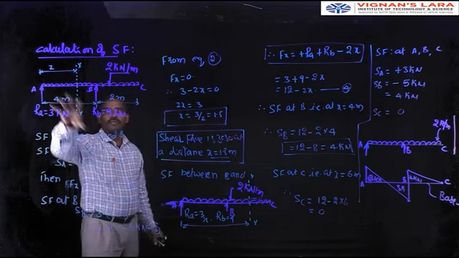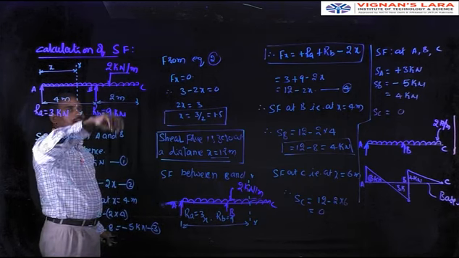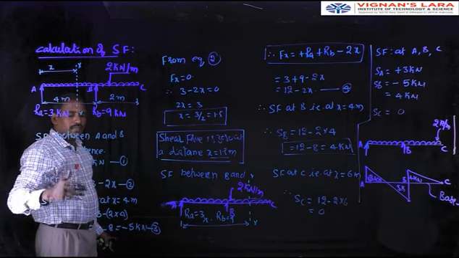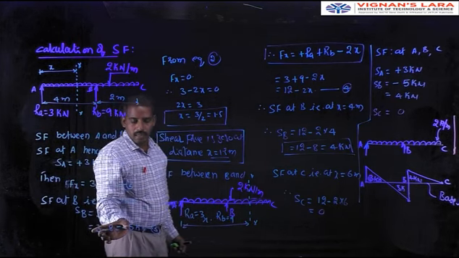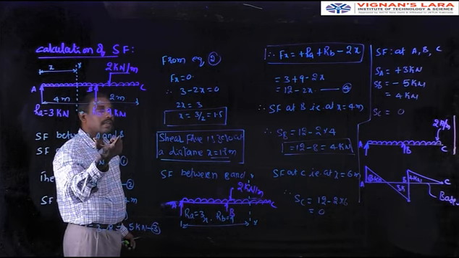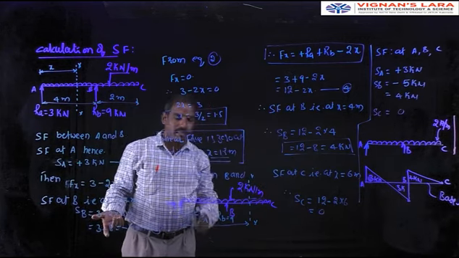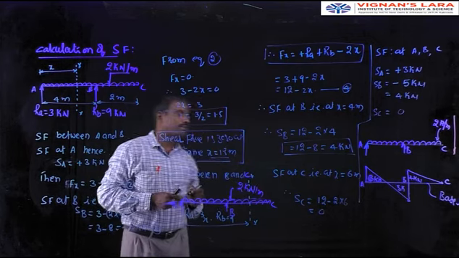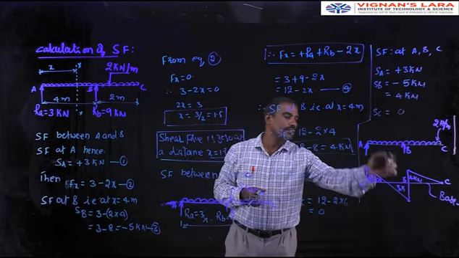What we did: we know the overhanging beam carrying a uniformly distributed load of 2 kilonewtons per meter. Then calculate the shear force at A and shear force at B. Here we have to remember 2 points. One is the shear force at B is 5 kilonewtons considering the section A and B, and the shear force is 4 kilonewtons when considering the section between B and C. This is very, very important. Then plot the graph based on the calculated values as shown in this figure.